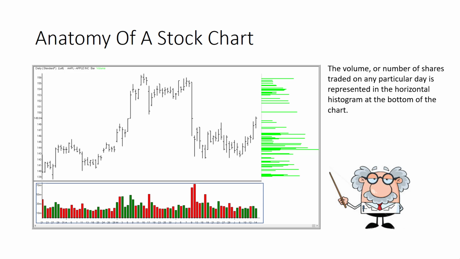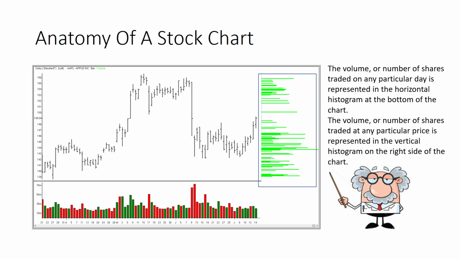If you look at the bottom of the chart, most people have a histogram on the bottom of the chart that tells you what the volume is on any one of the given bars. So in this case, each bar here represents the daily volume that Apple transacted. So red or green means up or down volume, typically for the session. All right, so if it opened high and closed low, it's going to be a red bar. If it opened low, closed high, that's going to be a green bar. And as you can see, Apple ranges from about 15 or 20 million shares a day all the way up to 70 million shares per day.